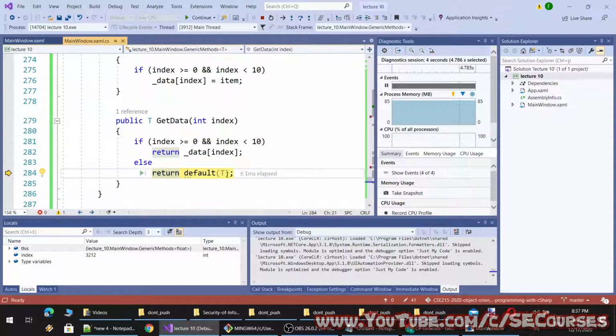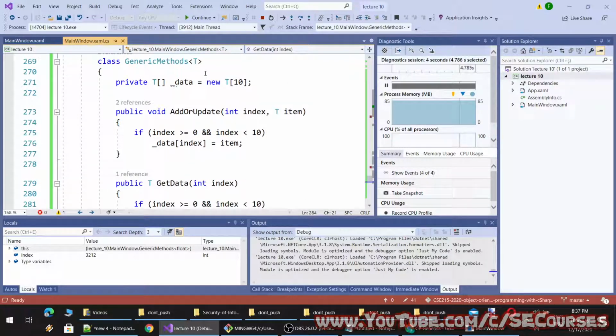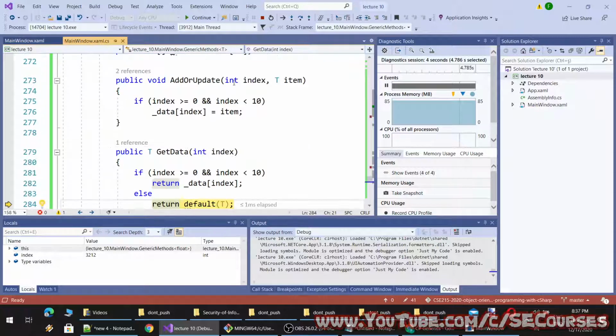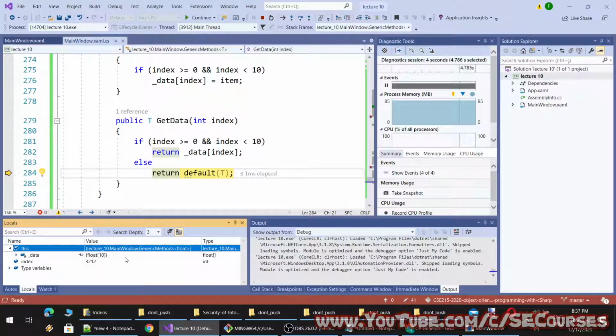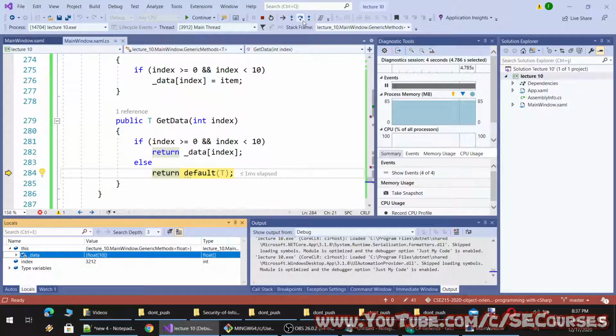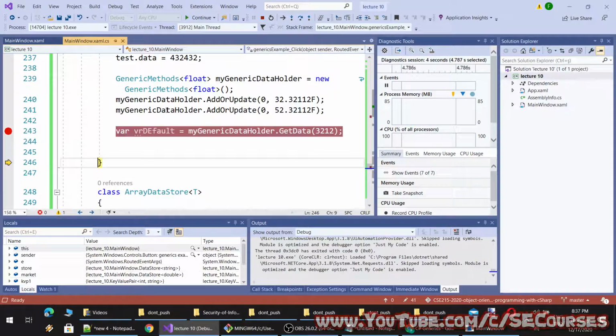It will return the default type of T. In this case, the T is float. However, we can't see it from debug, I think. Oh, we can see here. And then the default of float is 0, therefore it is 0.